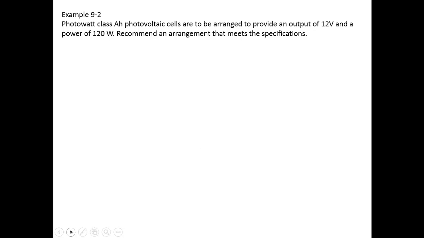So looking at an example problem, let's try to see how to arrange solar cells to meet specific needs. Photowatt class AH photovoltaic cells are to be arranged to provide an output of 12 volts and a power of 120 watts. Recommend an arrangement that meets the specifications. So in this case,